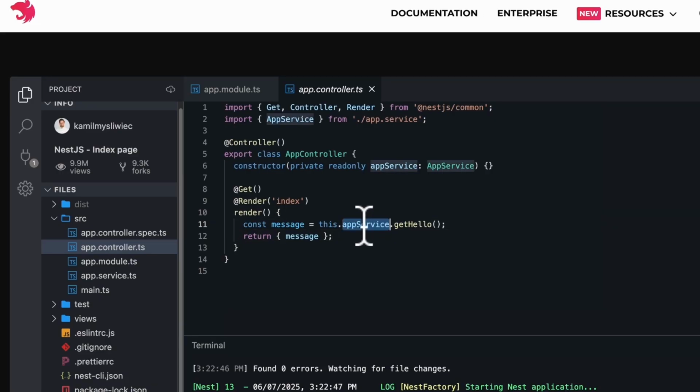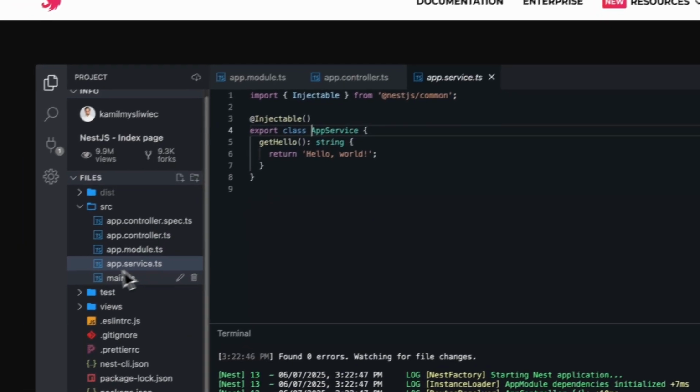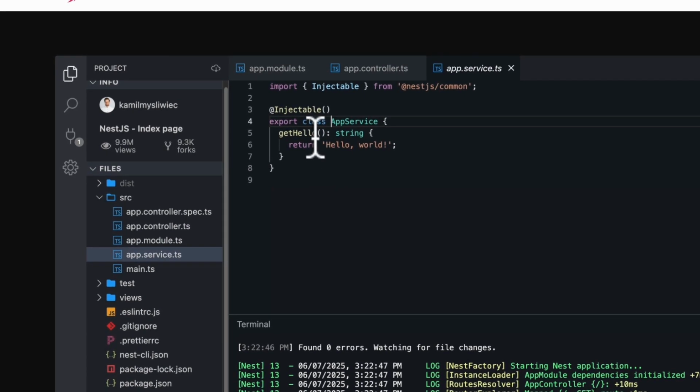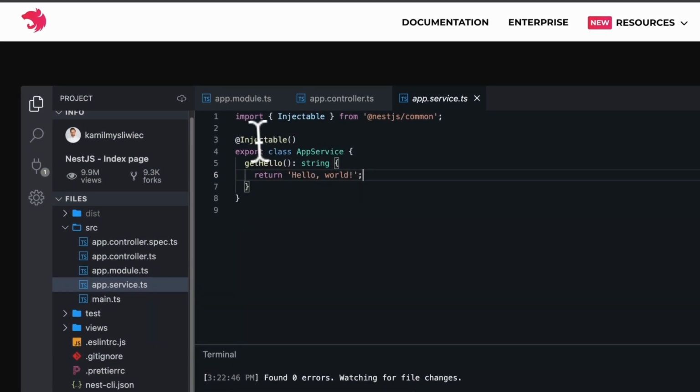And of course, that app service is coming from this app service. You can see right here, it has this method. It returns hello world, as simple as that. And you can see this